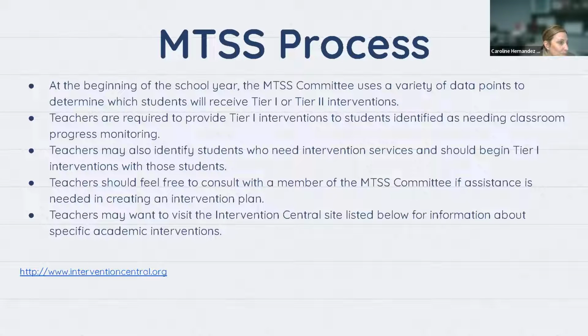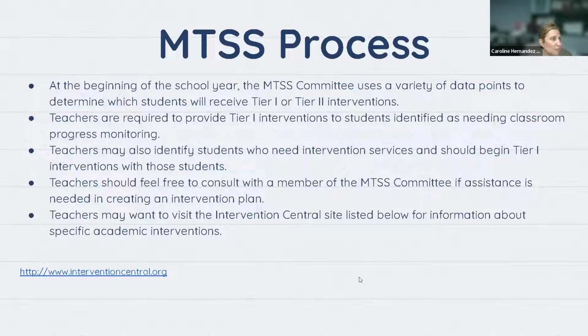So when the tier 1 process begins, again, in the classroom, monitoring that student's progress, collecting data, it might help us to identify those students who might need additional supports outside the classroom. And again, remember that as we increase the frequency and also decrease the group size, we are actually increasing the intensity of that instruction. And therefore, we might be moving up the tiered system.